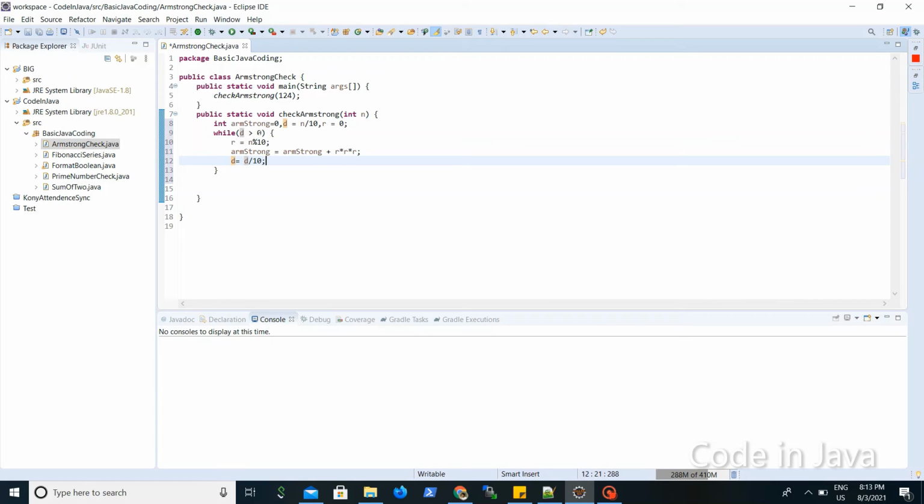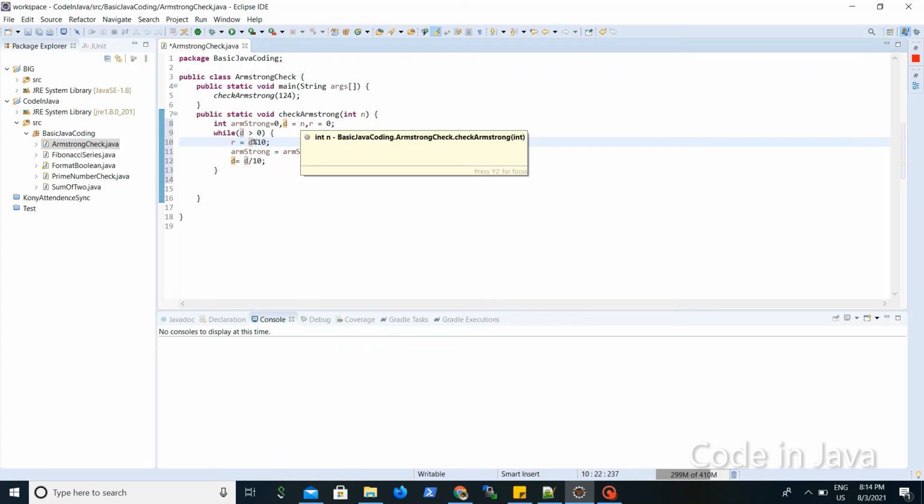So 1 is greater than 0, so it will come again inside the loop. First time we'll take this as n, and we will take this as d.